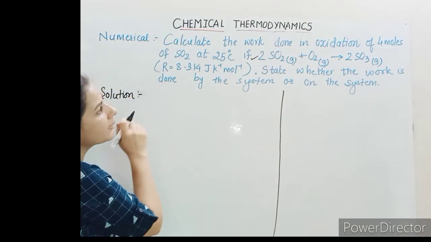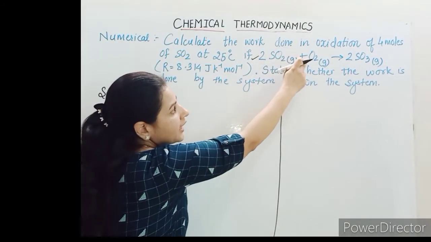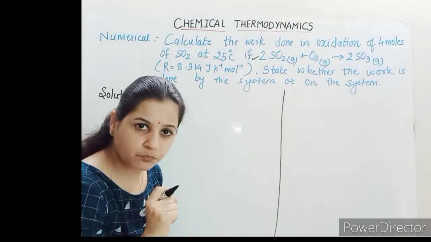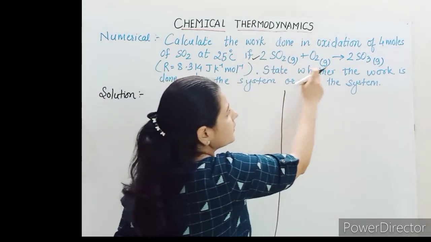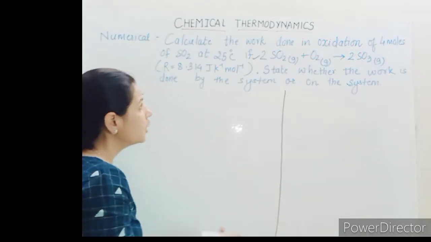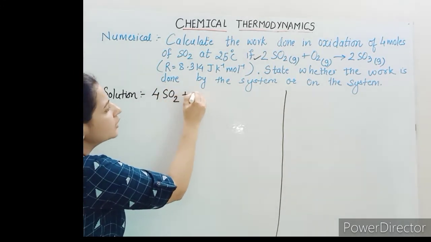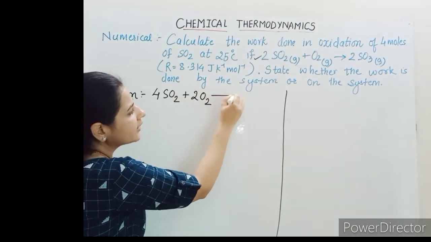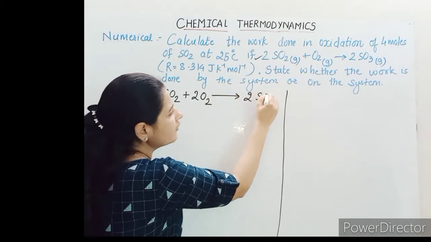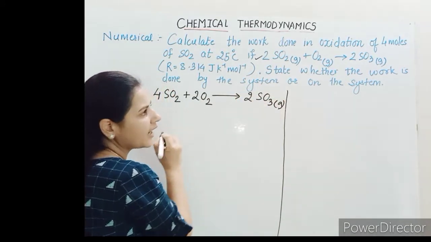Okay. तो अब यहाँ पे थे 2 moles SO2 में 1 mole लगता है ऑक्सीजन का, और इससे बनते कितने हैं? 2 moles of SO3. तो अगर मैं यहाँ पे 4 moles of SO2 लेती हूँ, then I'll need 2 moles of oxygen and it is going to create 2 molecules of SO3. Yes, ऐसी रिएक्शन बन जाएगी.